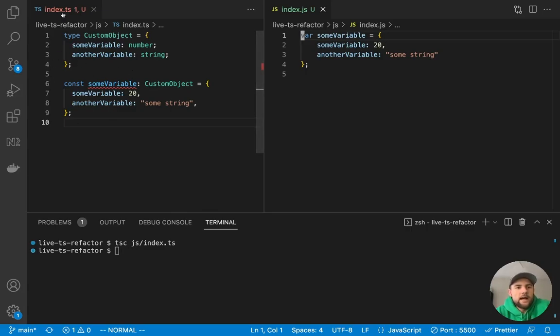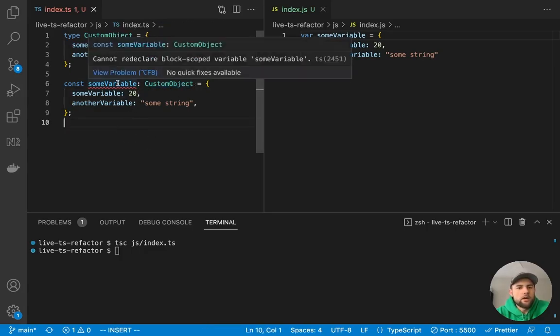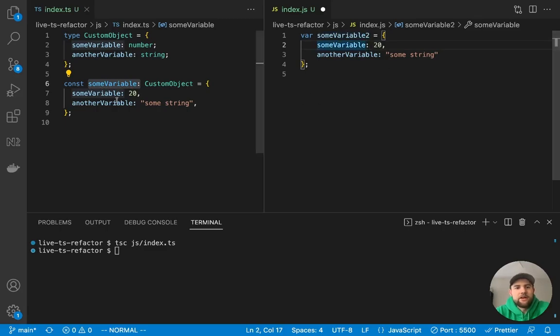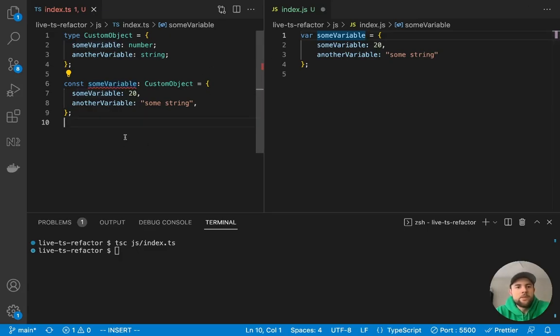Over on the left is our .ts file. This is what we're writing our source code in. And we're able to use custom typings and assigning those typings to a variable. Now, looks like something is going wrong here. And it looks like the two files are actually conflicting. So let's put something at the end there, and it will solve this error for us. So just know that because they're in the same directory and VS Code is pretty smart, it's detecting that we have two variables that are the same name. Now, this is not going to happen in our final code because we're going to configure it not to, but just know that that's what's happening here.